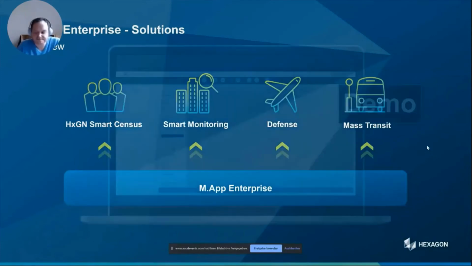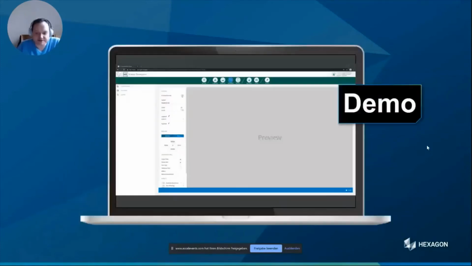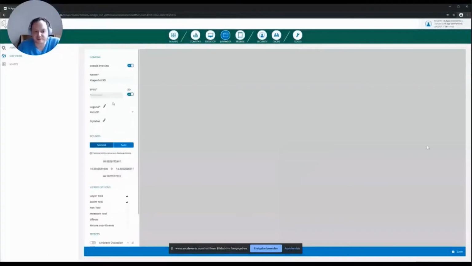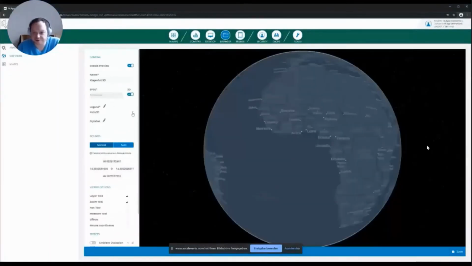Last but not least, a second demo, more from a technology perspective. You may think how complex it could be to set up such a 3D environment, integrating all of the data. Yes, that's true, and the most problems are with coordinate systems and so on. But just to create such an application itself, it's quite easy. So what I'm now showing is, again, M.App Enterprise 2021, fresh out of my development team.